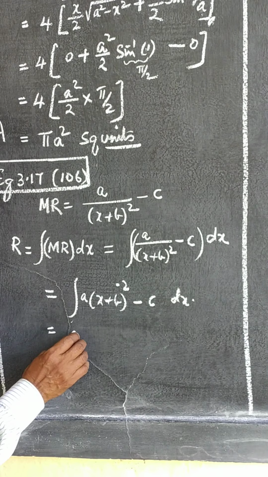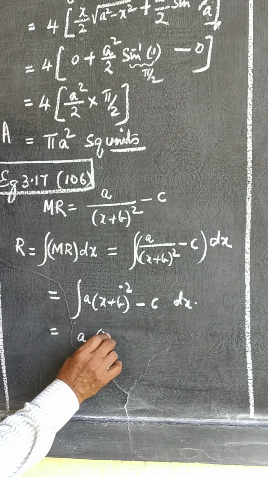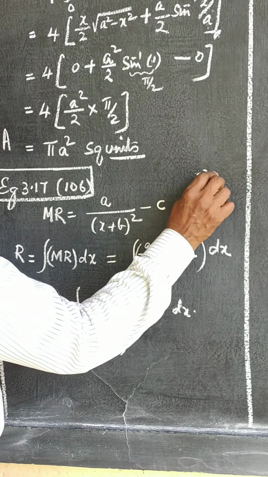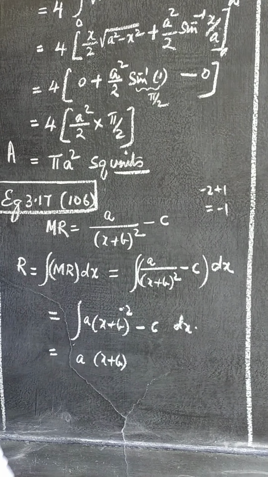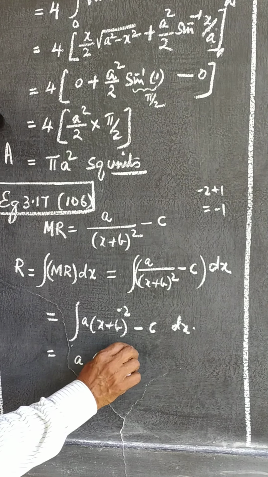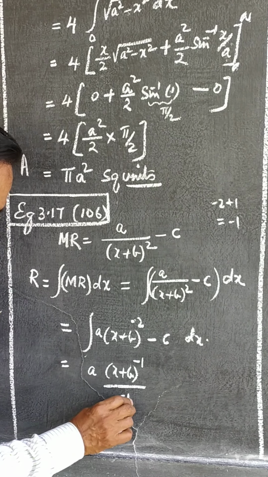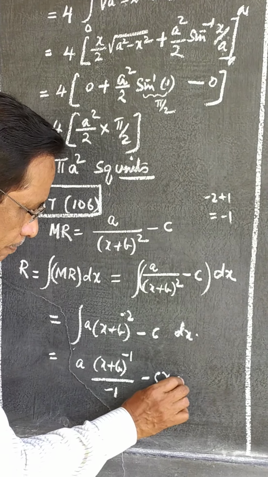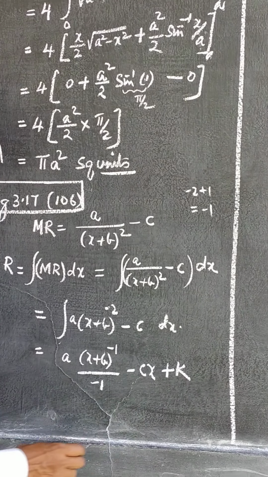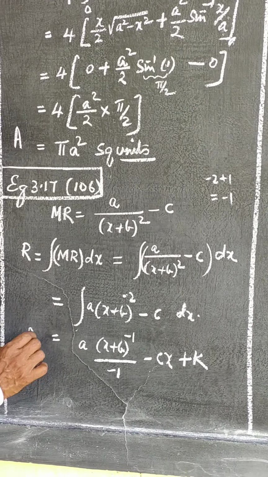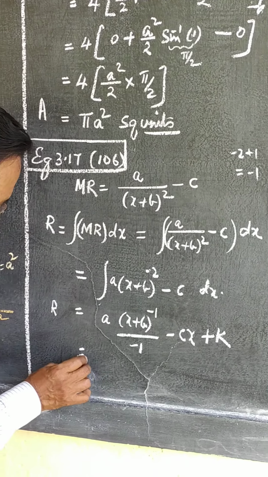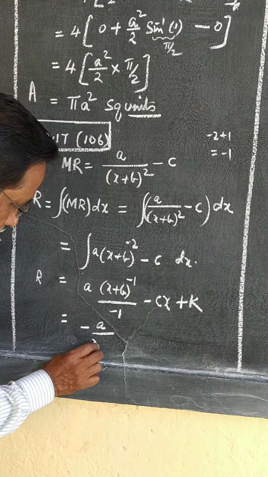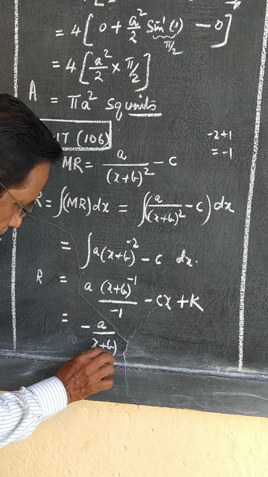That is A (x plus B) power minus 2 plus 1, divided by minus 2 plus 1, which gives you minus 1 only, minus Cx plus K. This is R. Now I can rewrite this as minus A by (x plus B)